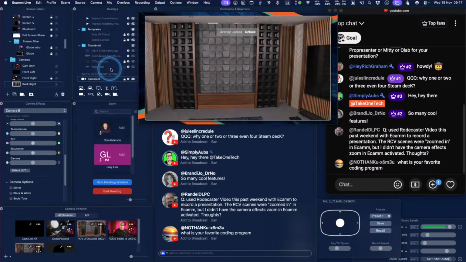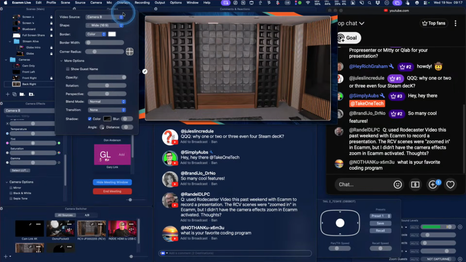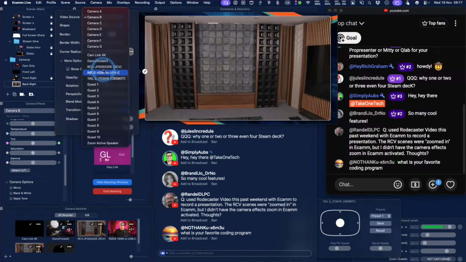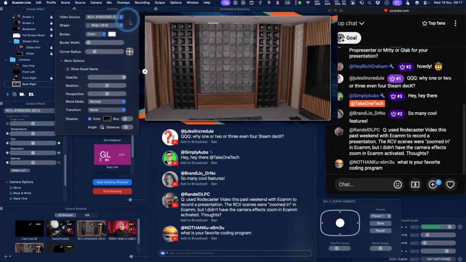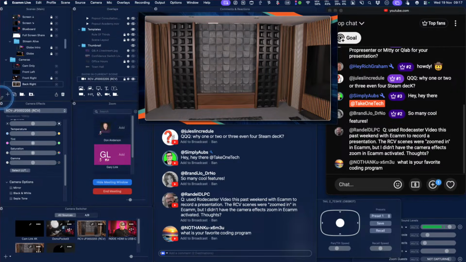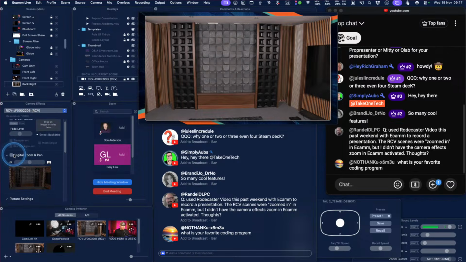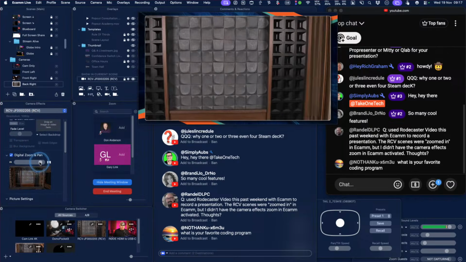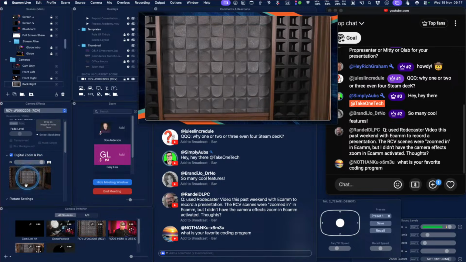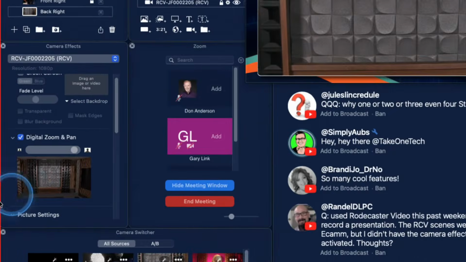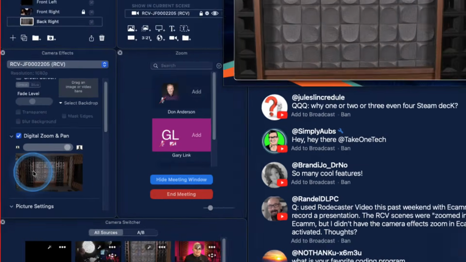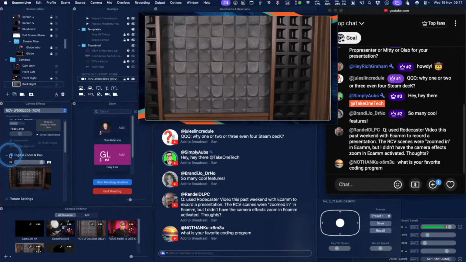So this is when you've got your scene selected here, and this is camera B, but it's basically RødeCaster video essentially coming in. I'll just change it to that. What we're saying is there is the camera effects window in Ecamm that does allow you to zoom in and out. So if this was set to digital zoom, then that would be the place where you could look to see, oh, okay, it's actually zoomed in down here. But if you're saying that it's not zoomed in there,